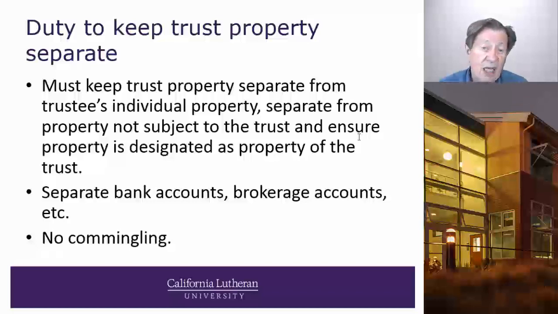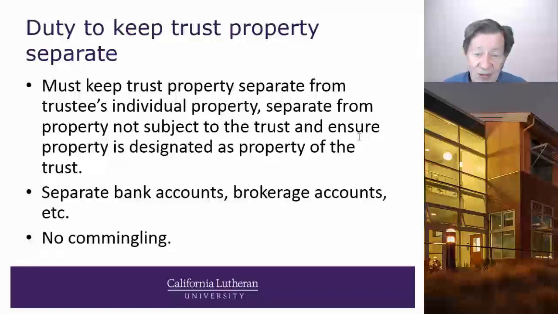So it might be the John Smith Trust of 2014, the Mary Elder Trust of 2006, and the J.B. Watkins Trust of 2014. Each of those has to be separated. They need separate bank accounts, separate brokerage accounts, etc. No commingling, especially no commingling with your own money, because that is probably the only way I can think of a lawyer being disbarred in California.